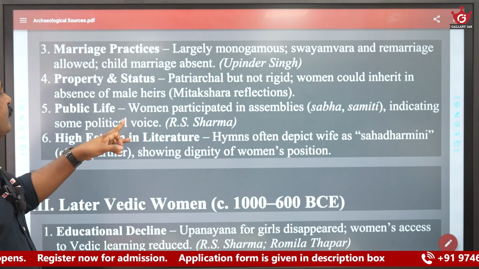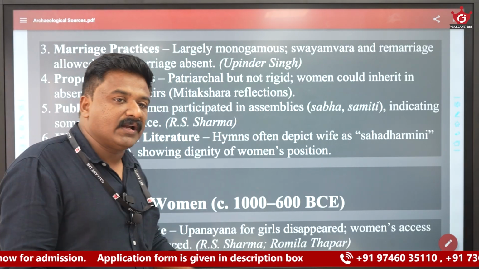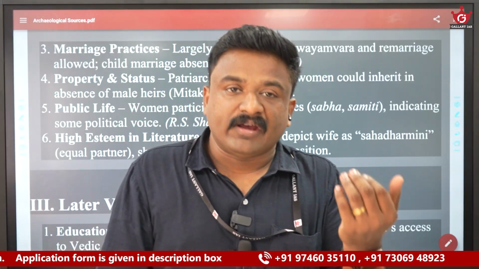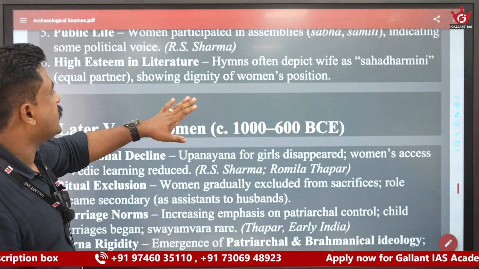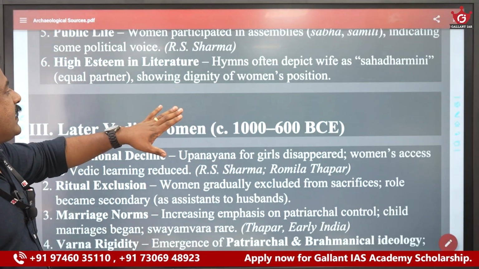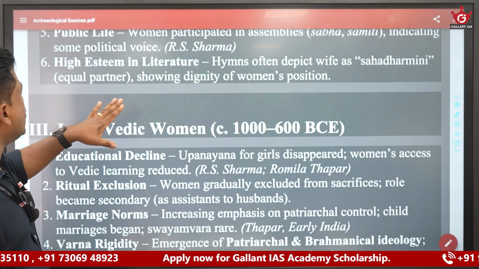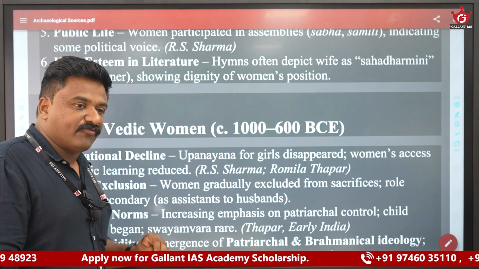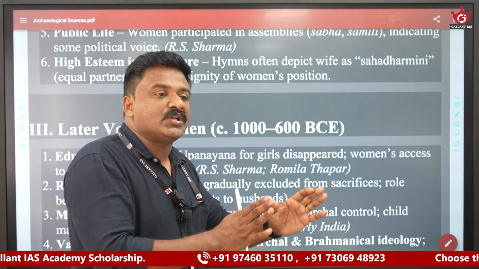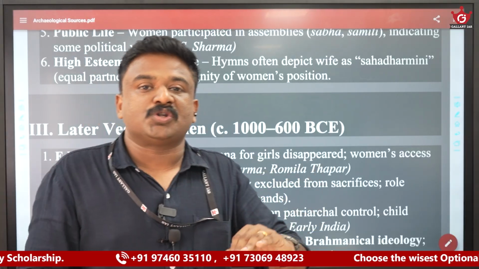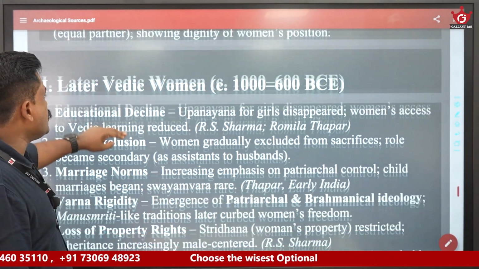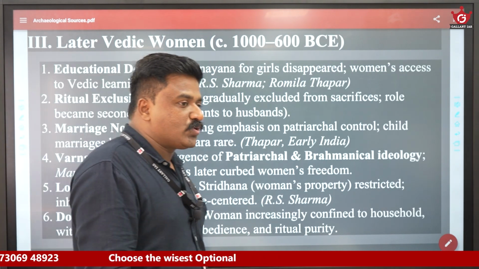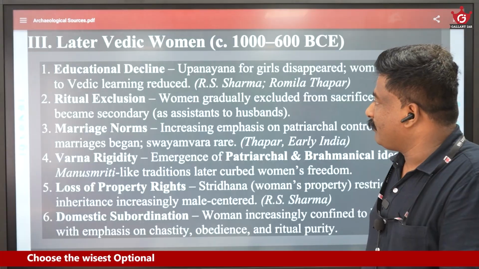Then public life: women participated in assemblies. Sabha, Samiti, Gana, Vidatha kind of assemblies were there, and women participated in some of them. High esteem in literature: hymns often depict women as Sahadharmini, equal partner, showing the dignity of women's position. So Rigvedic literature indicates women's status was good, and she enjoyed a relatively better status in political, cultural, and economic life. Coming to later Vedic women, 1000 BC to 600 BC,